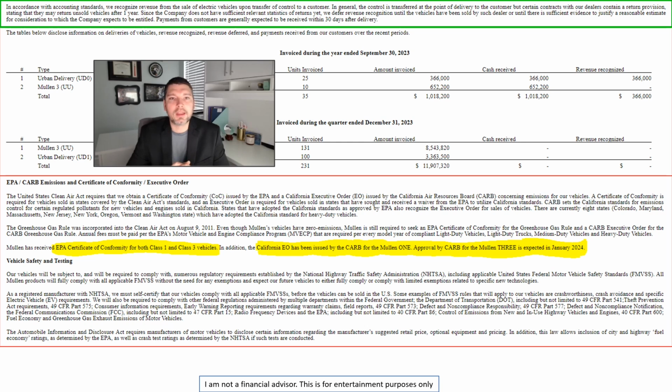So if you look down at the second table there, and this is for basically quarter one of fiscal year 24. It ended in December 31st. You can see that Mullen 3s, there's a total of 131 of those invoiced. And then for the urban delivery class 1 vans, there was 100 of those invoiced. So altogether, there was